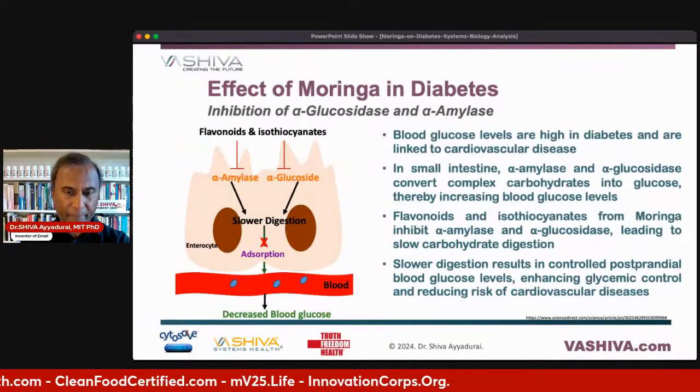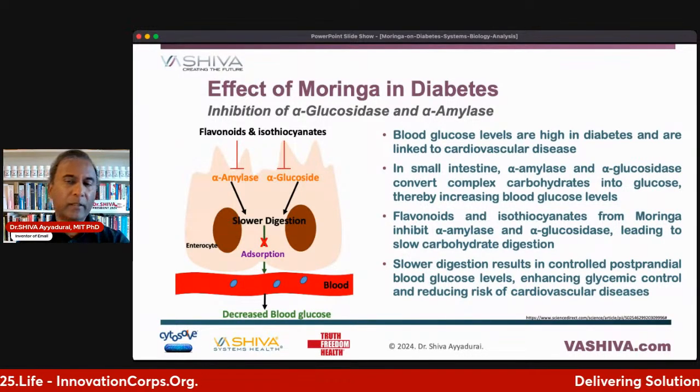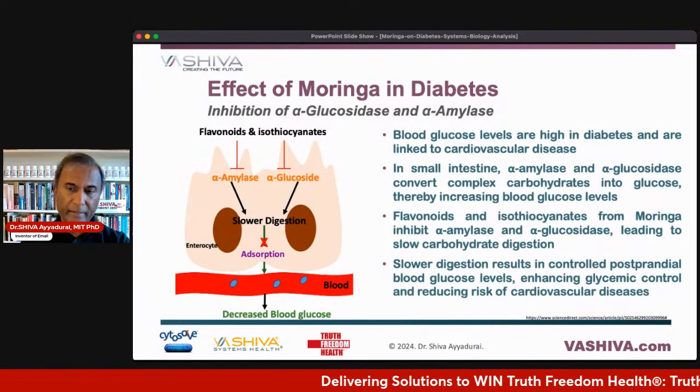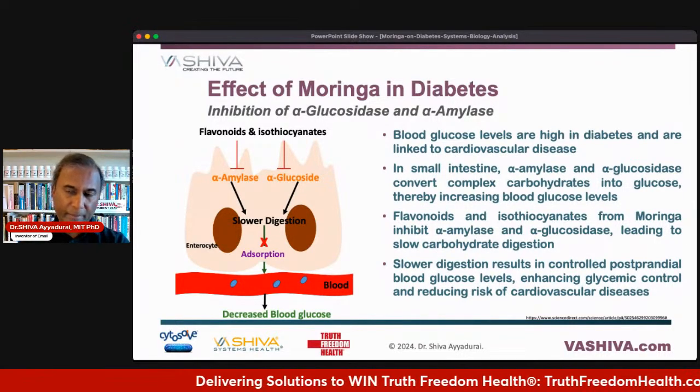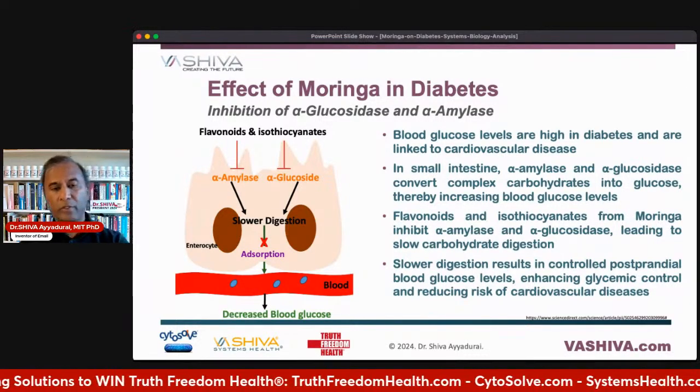and alpha amylase. Now, why is this good? You see, when your blood glucose levels are high, which means you have a lot of sugar in your blood, in diabetes, and by the way, that's linked to cardiovascular disease, right? So that's what happens. Your blood glucose levels get very high